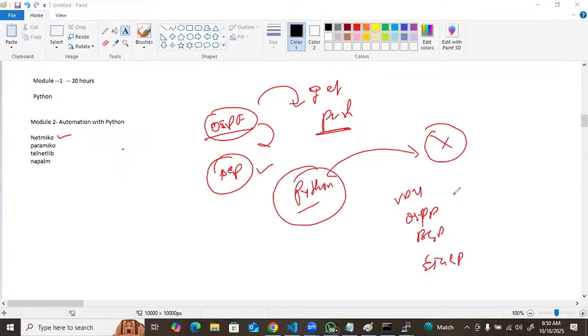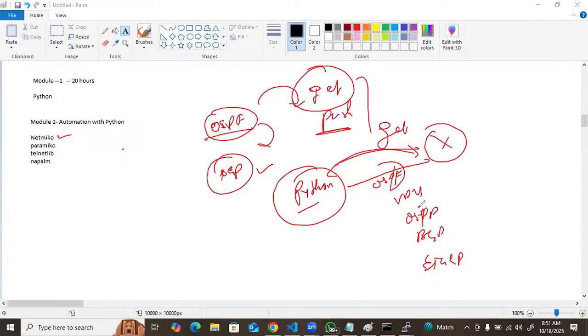Sunil? Yes, sir. If you are able to interact with the devices, you are able to get and push. So suppose I show you two programs. One program for getting config. The second program for pushing OSPF. Then once you have the idea of how to interact with the devices, I can do BGP, EIGRP, anything, right?